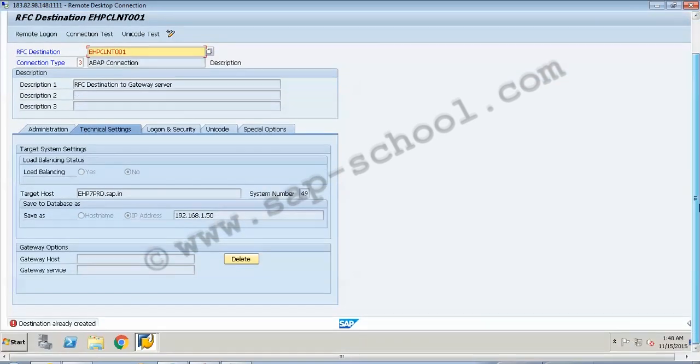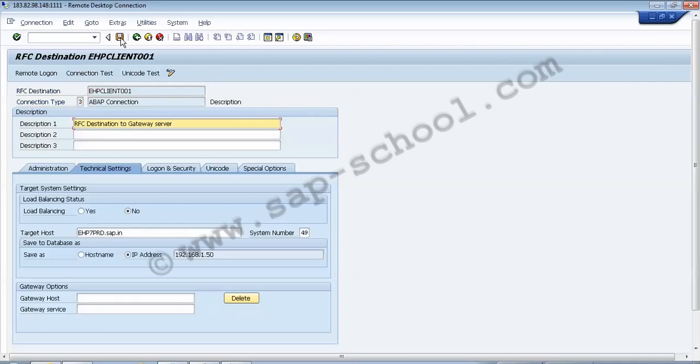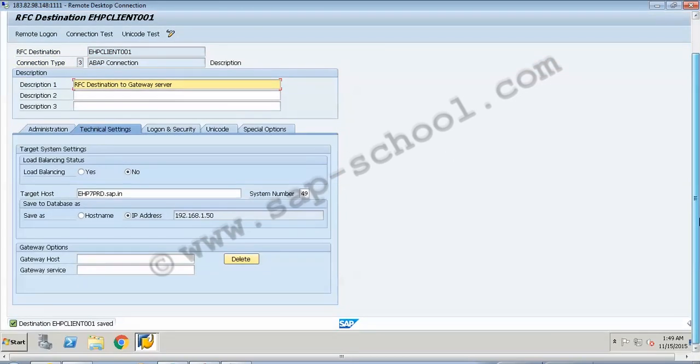So after that I have to go to the transaction SMT1. In this basically we have to go to this, we have to create a new one, and if I click on this create, I have to enter the destination which we have just created in the destination field, and then we have to click on continue.